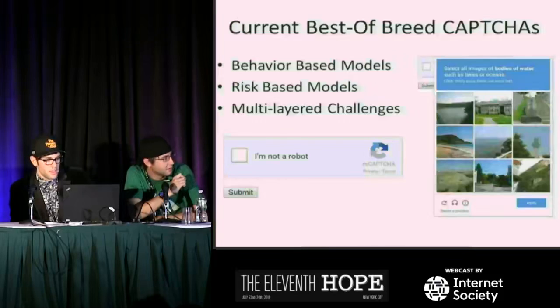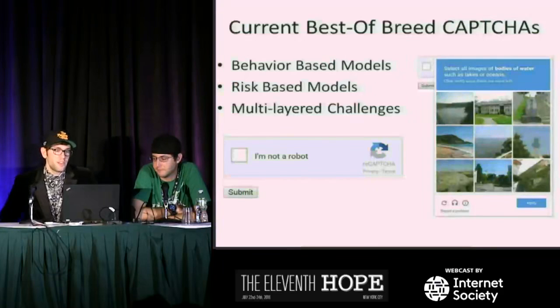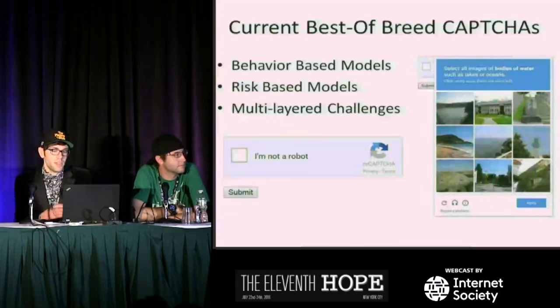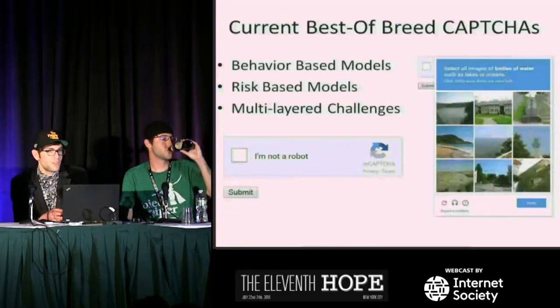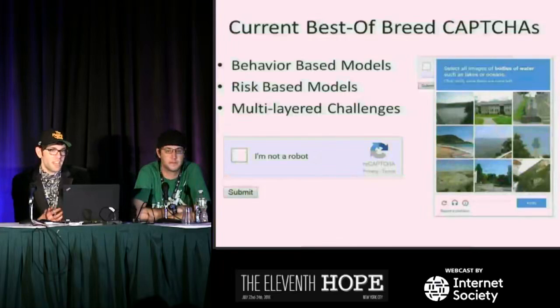Does the bot know to click this box that says, I'm not a robot? Right? That's an example of a behavior-based model. So risk-based models are a little bit fancier. What Google has been doing with the risk-based model is, based on how much they think you're a bot before you even perform the challenge, the difficulty of the challenge is directly related to a number of points that they measure. And when we say number of points that they measure, they mean your browser user agent, your cookie history. Are you logged into a Google account? Do they have a history of data in this Google account, right? The more points of data they have on you, being a legitimate human, the easier of a challenge you're going to get.